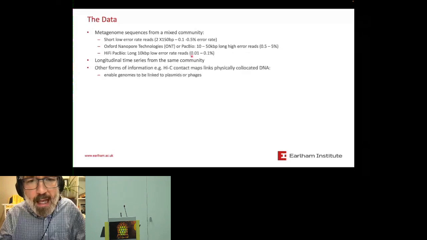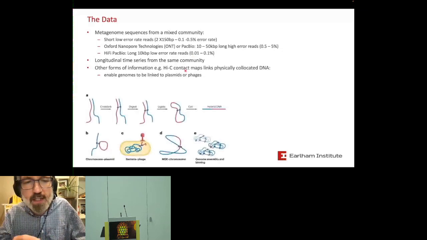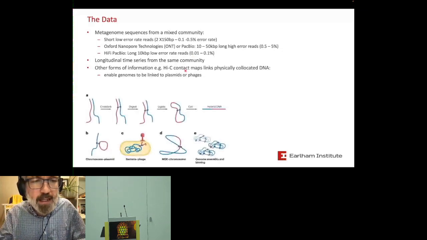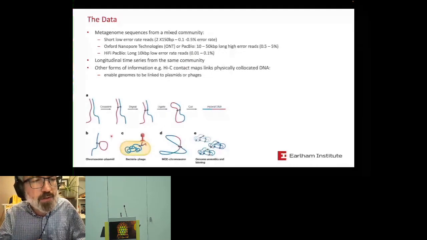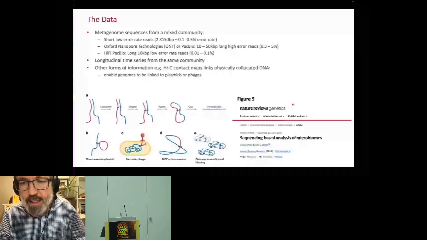time series. And I'll talk very briefly about something called Hi-C. This is not a different sequencing technology, it's a different library prep, where you basically cross-link physically co-located DNA and sequence across the cross-links. What that gives you is the only way to do in situ metagenomics, which potentially links, say, extrachromosomal elements like plasmids and phages into genomes. And this is all nicely reviewed by a recent review in Nature Genetics earlier this year by Amy Bart